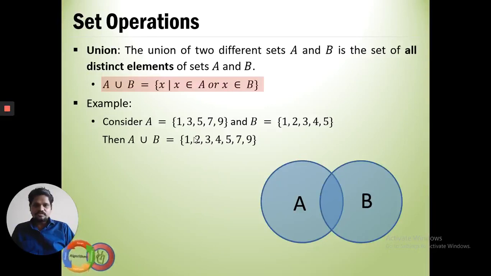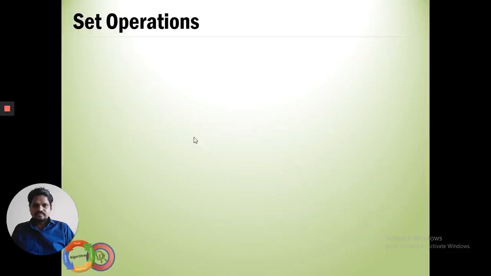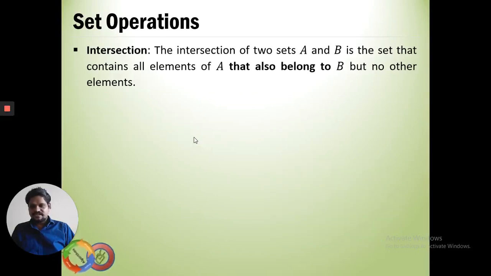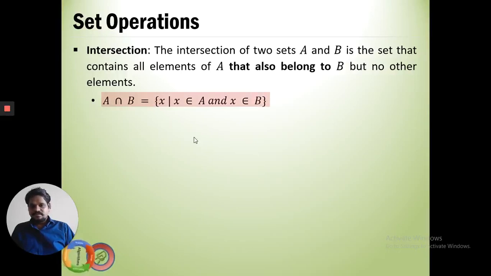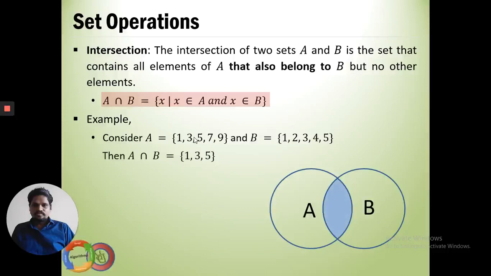You can take 5, 1, 9 and 1, 2, 3, 4, 5. Note down that the common elements are written once. Now another is the intersection. A student who has attended both the classes is given under the intersection. So it is the set of elements available in both A and B. Okay, so these are the common elements. Very simple to understand. This is the intersection.